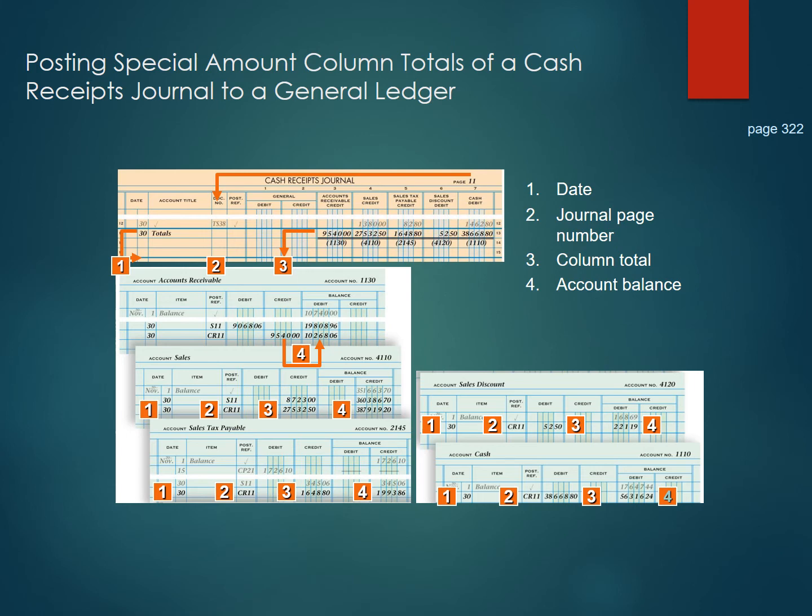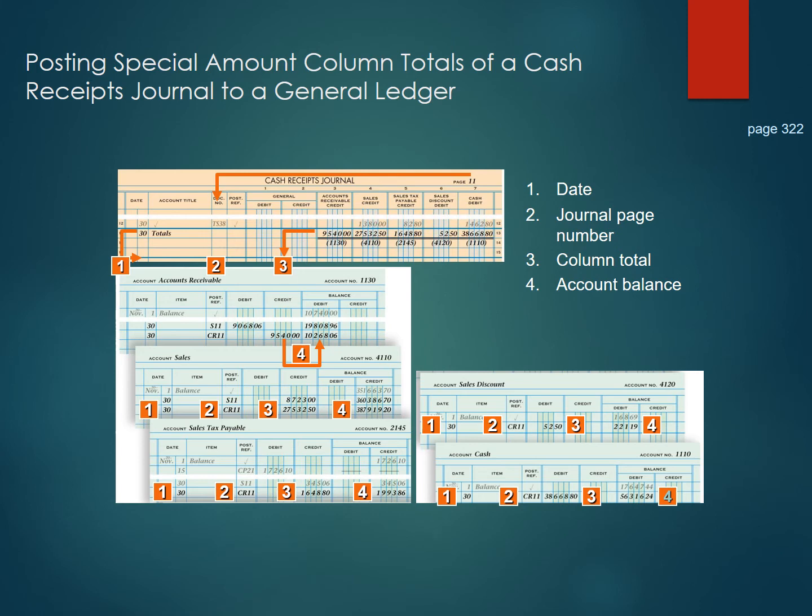Then we will record and post the total for sales tax payable credit, column 5 in our cash receipts journal. We will go to sales tax payable, record the date, the post reference. We will credit sales tax payable for the total of $1,648.80. Calculate the new balance for sales tax payable, and then go back to our cash receipts journal, and in